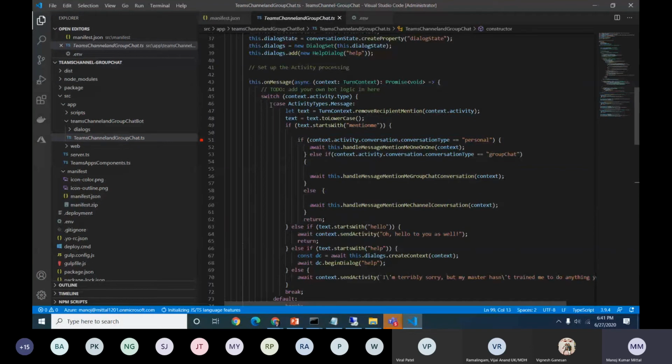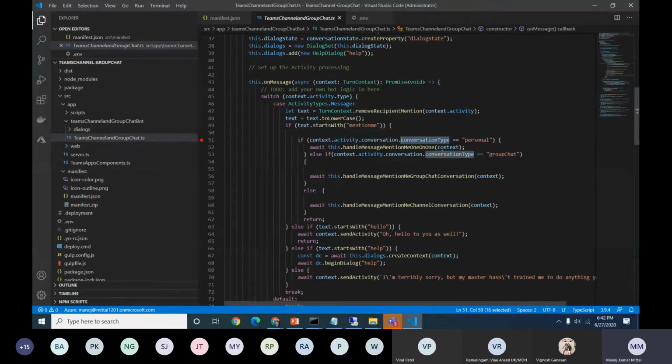Okay, so this is the same, the on messages. Once we are doing the conversations within a personal one-to-one, we have a conversation type. So we can get to know where my bot is going to be used or where it has been deployed. And if you need to handle specific types of messages with respect to the conversation type, we can define it here.